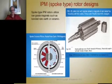Now here's another kind of an IPM rotor design that's been very popular. A company in Japan, Fanuc, used to make 40,000 of these a month for servo applications. They're on many CNC controlled machine tools. This cutaway here shows a